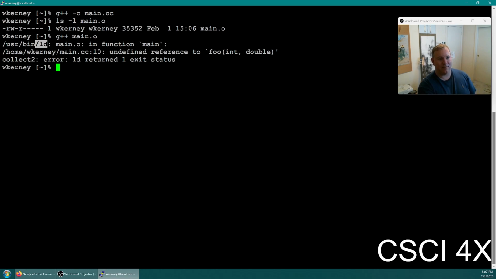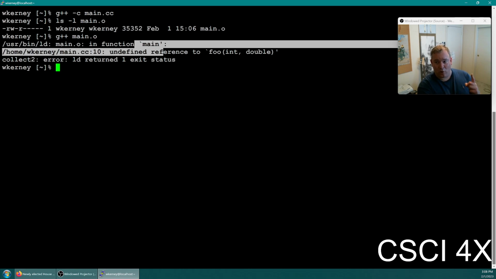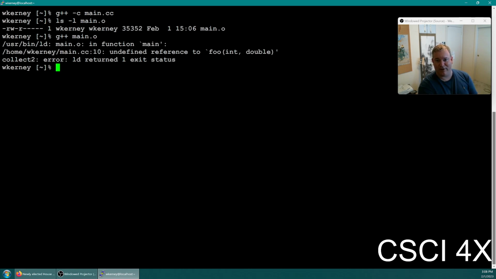And so ld is the name of the linker, and it's saying, main, you promised me that there was a function named foo that takes an int and a double, and I can't find it. Undefined reference, I can't find it. Okay. So if I make a separate file called